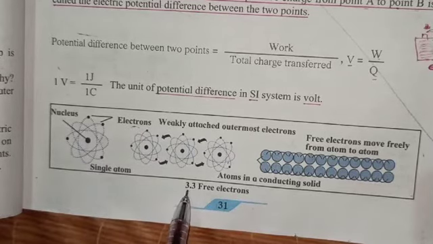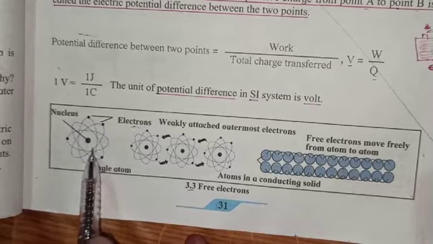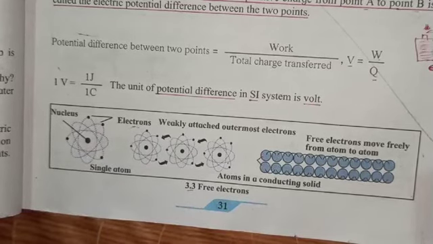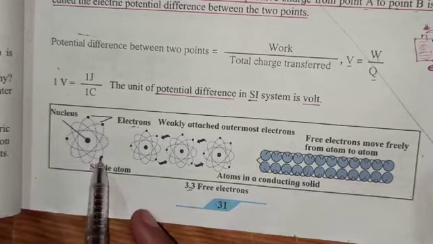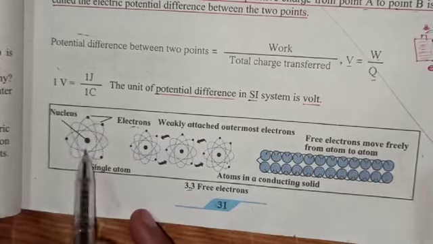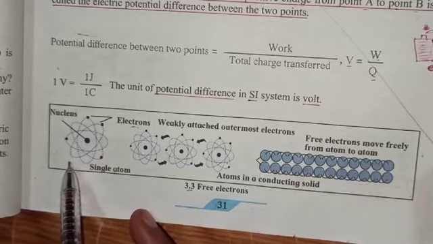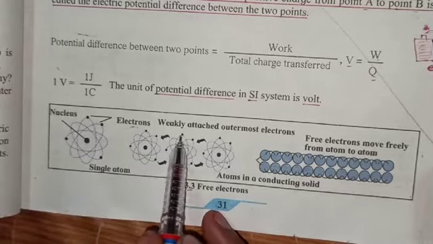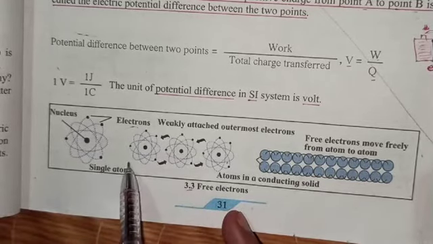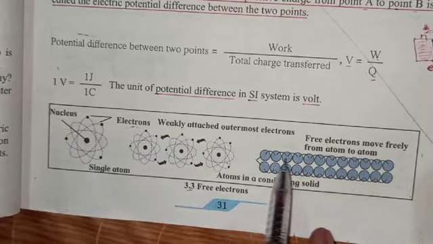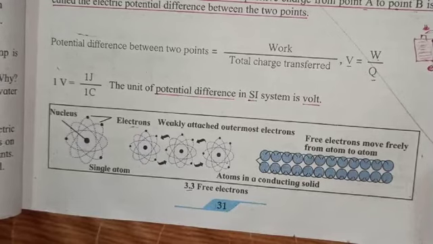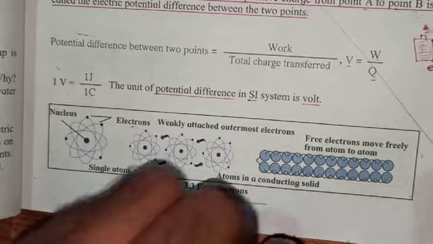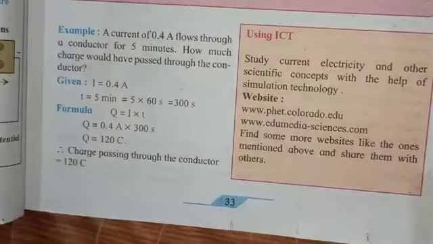In figure 3.3, one picture is given of a single atom. A single atom has free electrons moving in the outermost orbit of the shell. These free moving electrons can jump here and there. That's why they can move freely throughout the element, throughout that wire. Then and only then is current electricity possible.